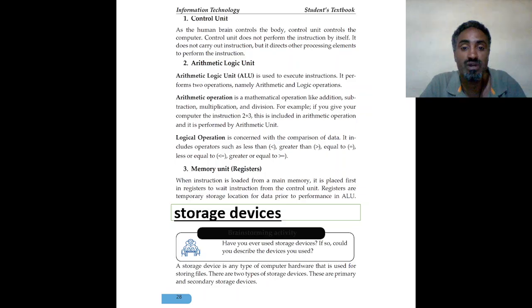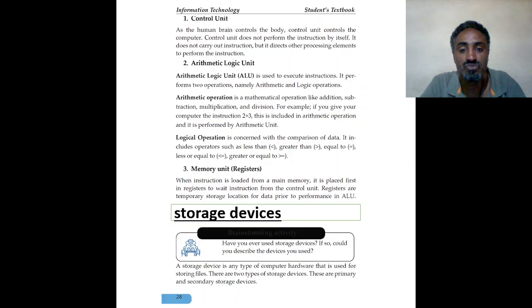It is the temporary memory found in the CPU. When instructions are loaded from other units, they are stored temporarily in registers. When an instruction is loaded from main memory, that is random access memory, it is also temporary memory for a computer system. The register is the temporary memory of the central processing unit.